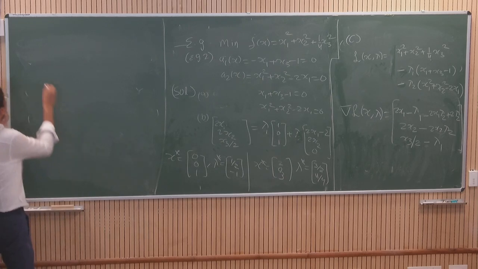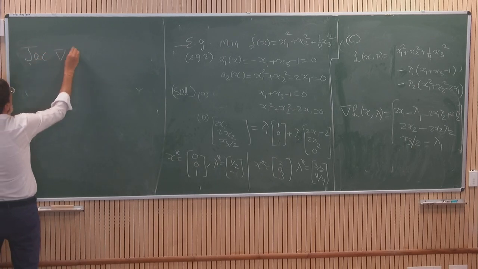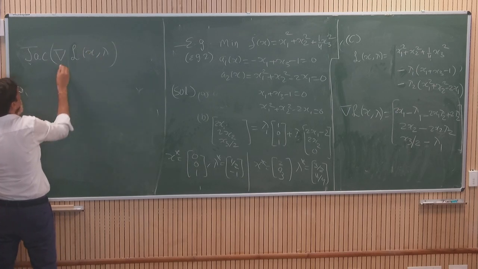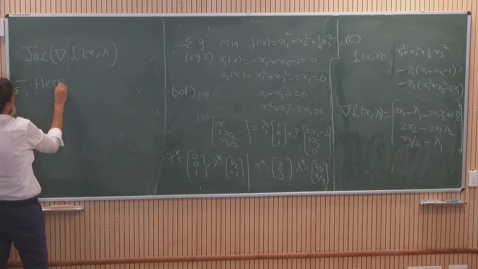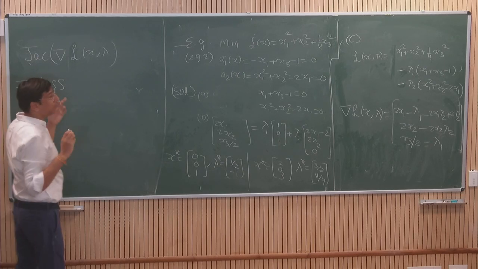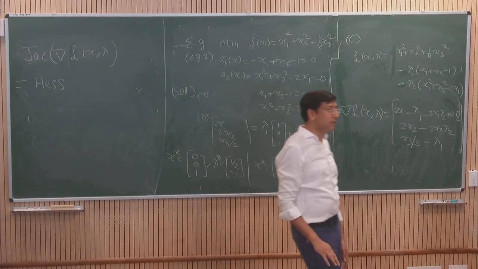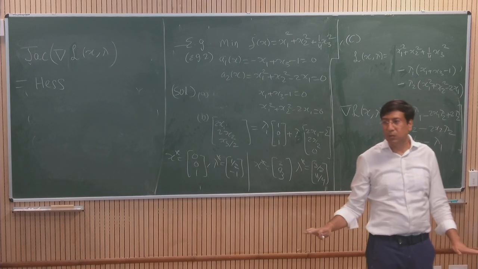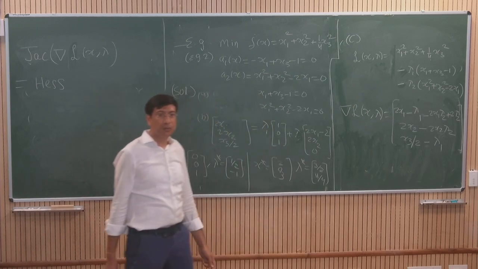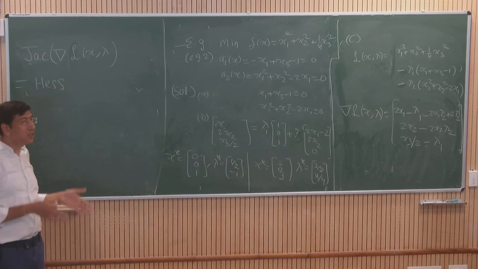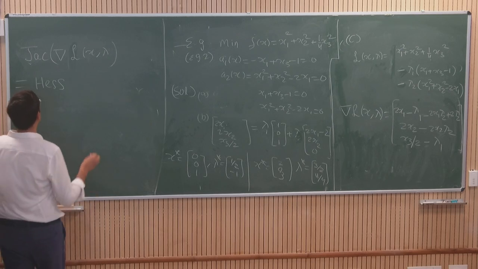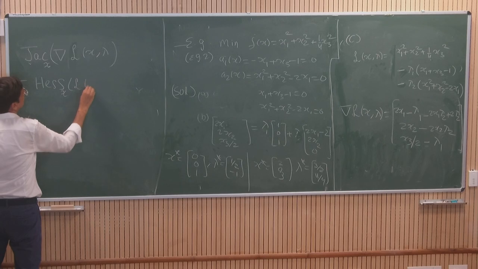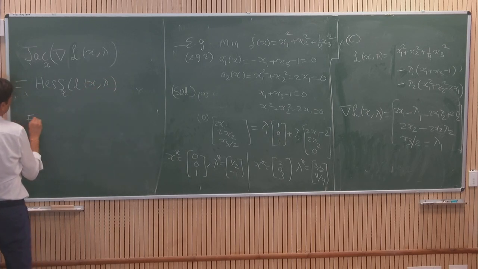Anyways, so we have to find the Jacobian of the gradient of the Lagrangian, which we refer to as the Hessian of the Lagrangian. But we don't have to compute the Hessian with respect to both sets, x1, x2, x3 and lambda 1, lambda 2. We only have to do it with respect to x, because it says Hessian of the Lagrangian with respect to x. So I don't need the Jacobian with respect to lambda, which means that